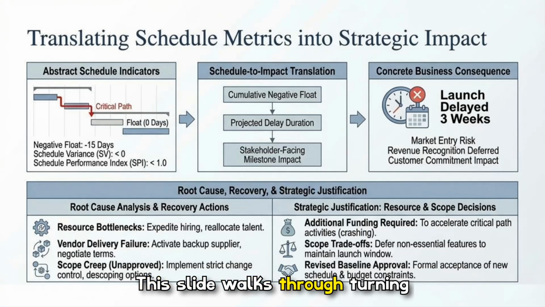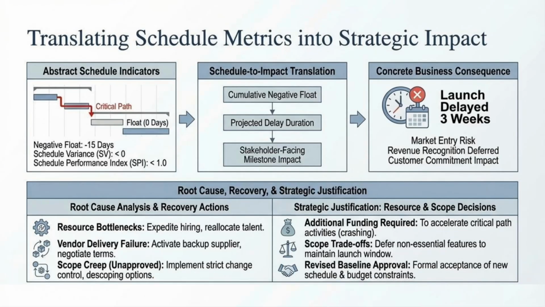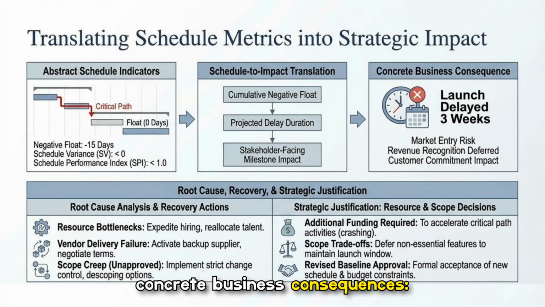This slide walks through turning abstract schedule metrics into concrete business consequences. We aggregate negative float and projected delay to estimate stakeholder-facing milestone impacts, then show how that translates to outcomes like a 3-week launch delay. Root cause analysis and recovery options are presented alongside strategic trade-offs such as funding, scope adjustments,